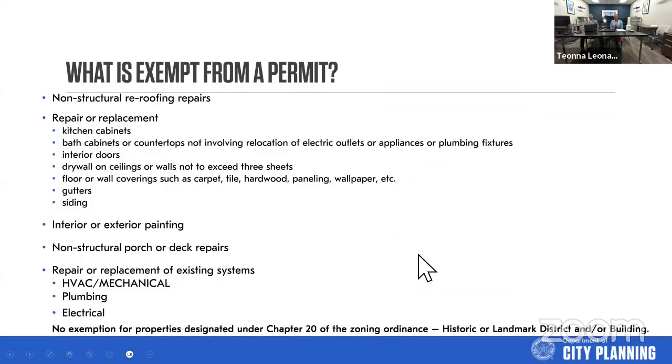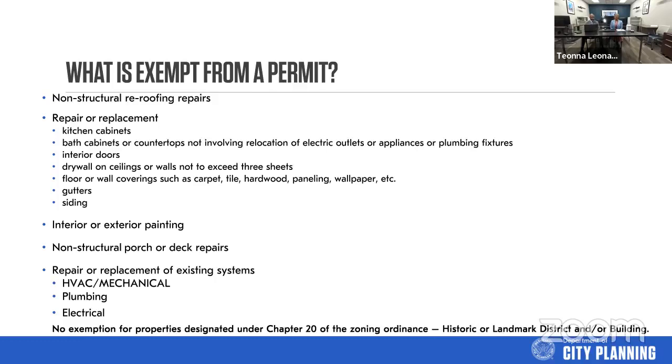What is exempt from a permit? You can find this online as well. There are certain items that are exempt from a permit that you can basically just go ahead and start working on, and these items are listed here.